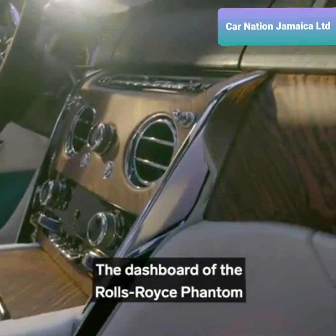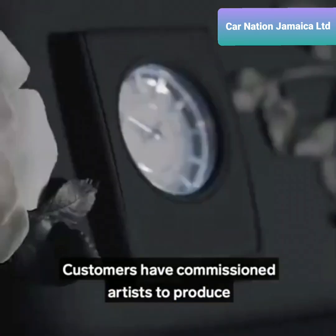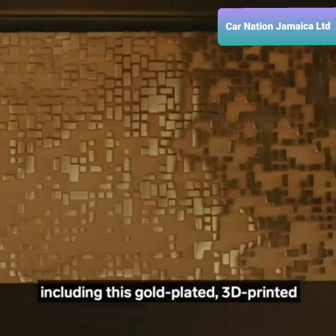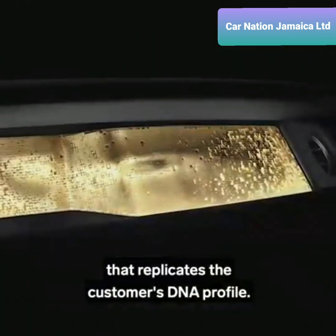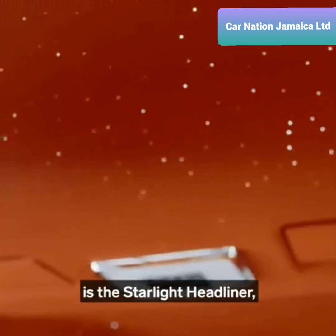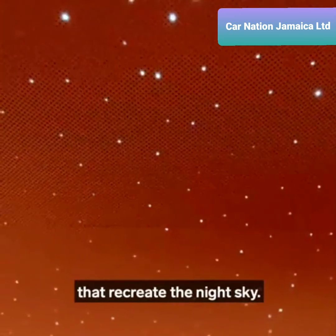The dashboard of the Rolls-Royce Phantom can even become a bespoke art gallery. Customers have commissioned artists to produce all sorts of designs for this space, including this gold-plated, 3D printed stainless steel installation that replicates the customer's DNA profile. Another shining feature of Rolls-Royce is the Starlight headliner, an intricate series of fibre optic roof lights that recreate the